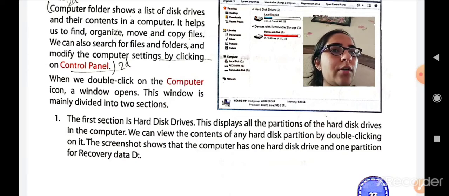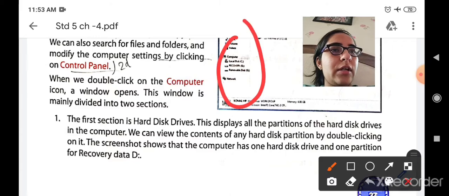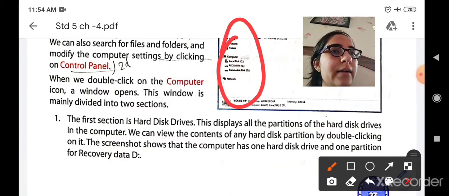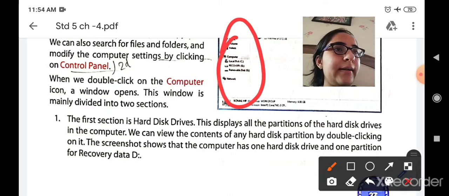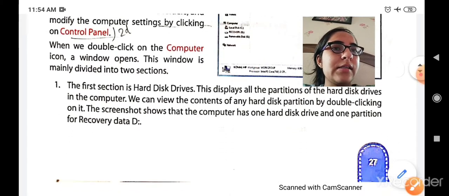The screenshot shows that a computer has one hard disk drive and one partition for recovery data D. So this is the first section. By double clicking on anything, you can see the internal details or the internal folders or subfolders of that. So that is the first section, which is called the hard disk drives.